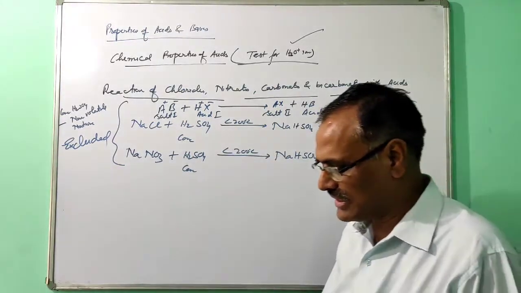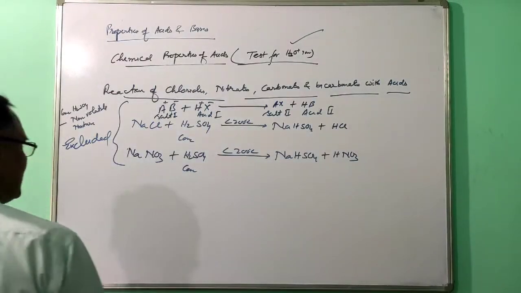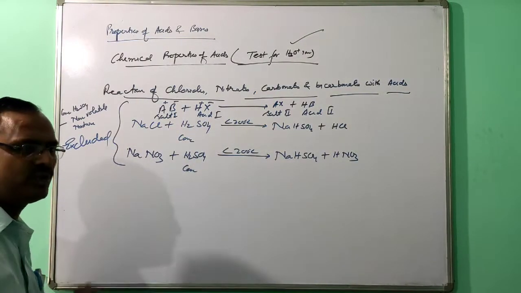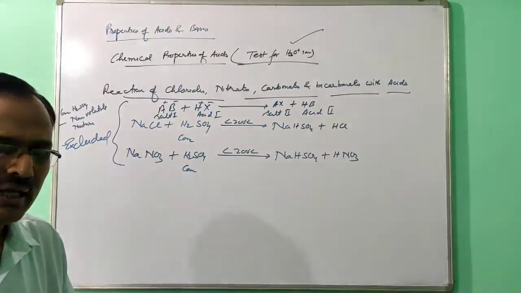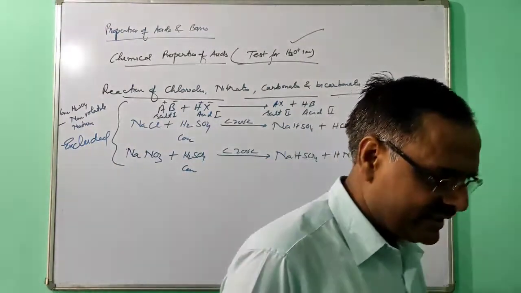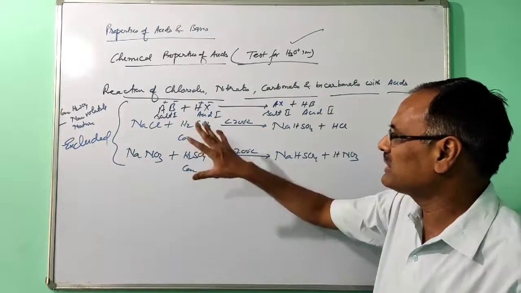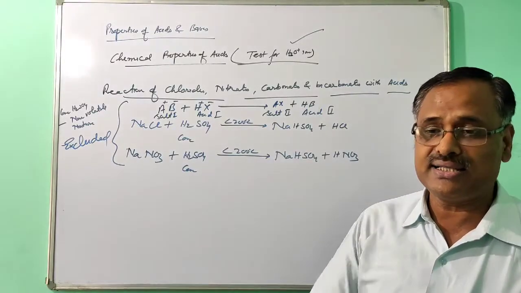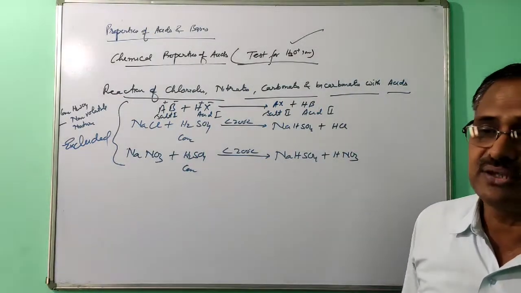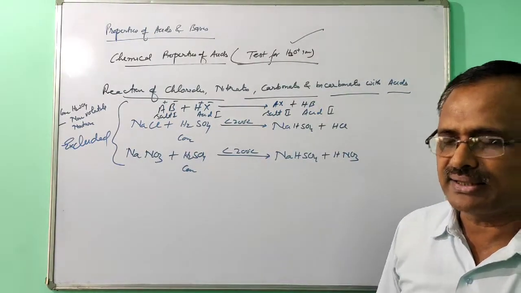If these two reactions are given to you and it is asked what nature of the sulfuric acid is used, here it is the non-volatile nature. And if it is asked to give a chemical equation in which the sulfuric acid is showing its acidic nature, please don't use these two equations. If you use them, you will lose the mark. In the last chapter, the chapter on sulfuric acid, it is given there.